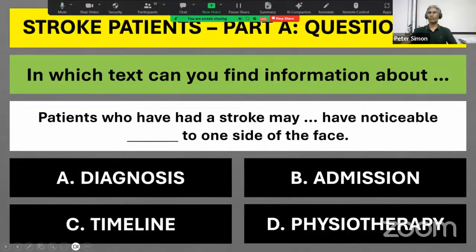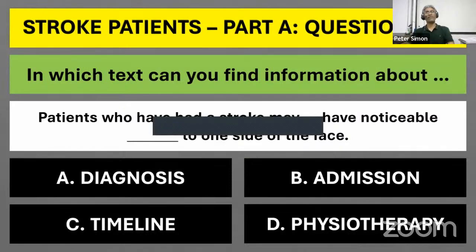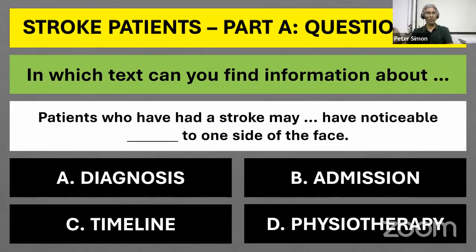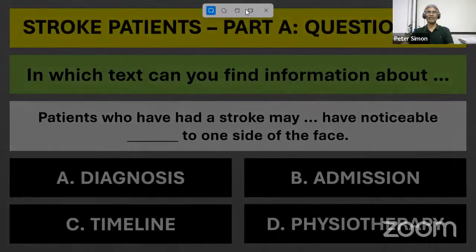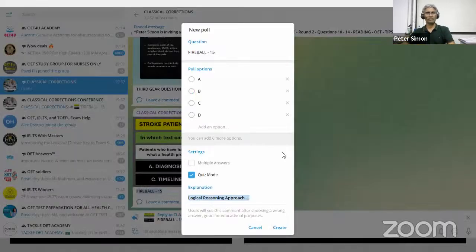Patients who have had a stroke may have noticeable dash to one side of the face. So here the most important word is what? Check that one. Write down the word which is more important. In the second part, patients who have had a stroke may, nothing important in that, have noticeable dash to one side of the face. Come on, tell me which is the